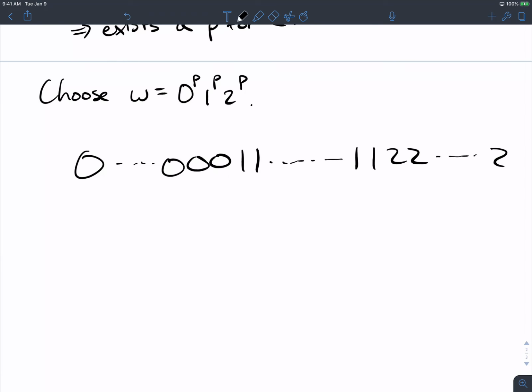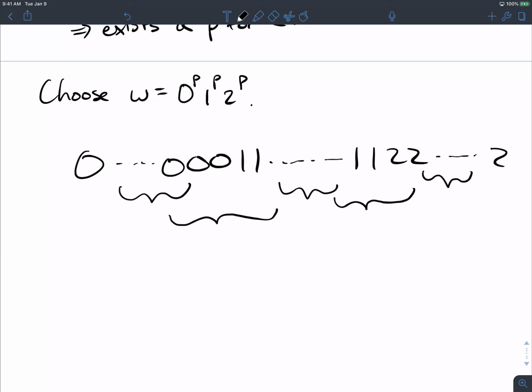So we established that it could be entirely in the zeros, it could be entirely in the ones, it could be entirely in the 2s. Right, so those are the 3 obvious cases. Could it be that some of the zeros are in it and some of the ones are in it also? Yeah, it could be, because you can think of this like a sliding window. It could be of length at most p, just a sliding window across the entire string. Could it be some of the 1s are in there and some of the 2s are in there? Yeah, that could be.